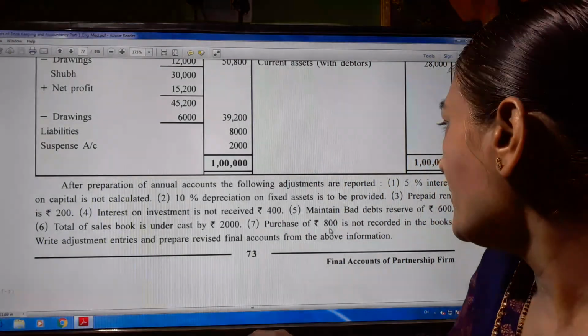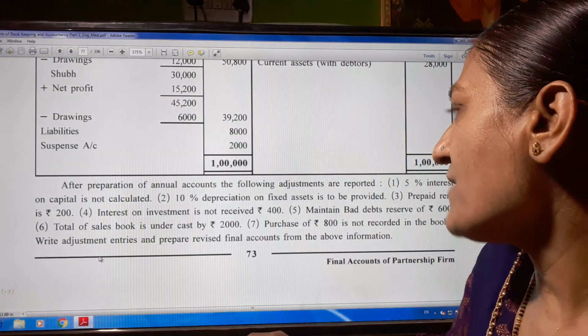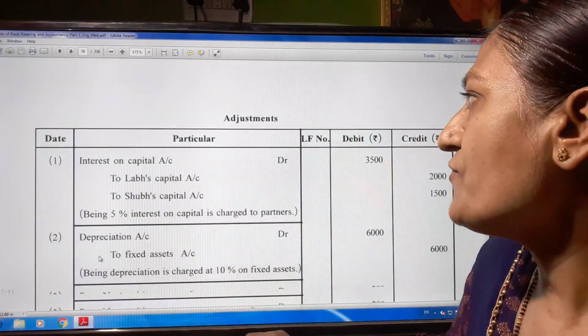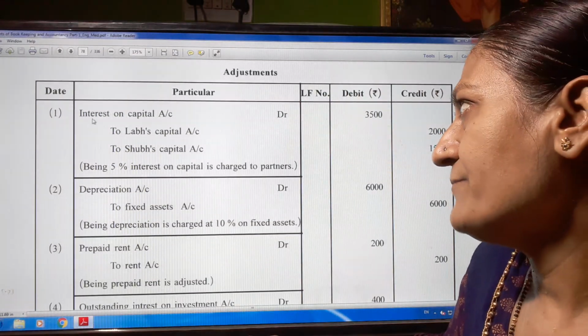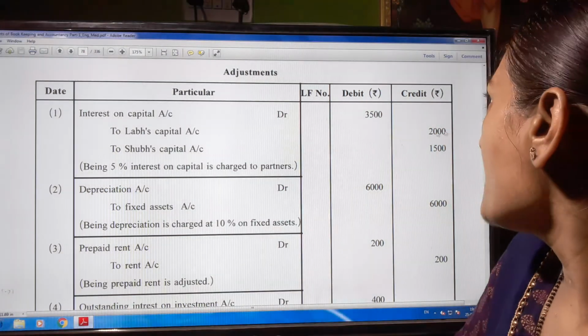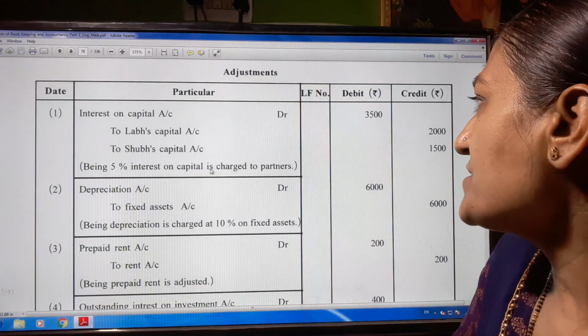Purchase of rupees 800 is not recorded in the books. Write the adjustment entries and prepare revised final account from the above information. So first of all, we write all the adjustments. Interest on capital account debit 3500 to Labh's capital 2000 and Subh's capital 1500, being 5% interest on capital is